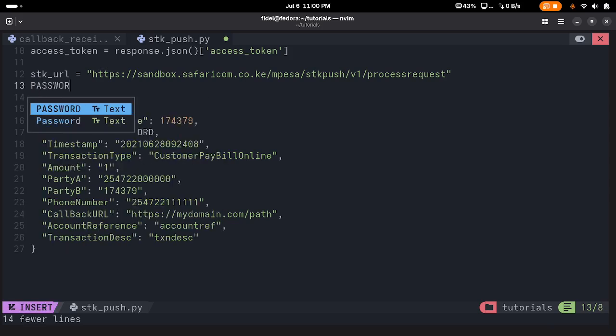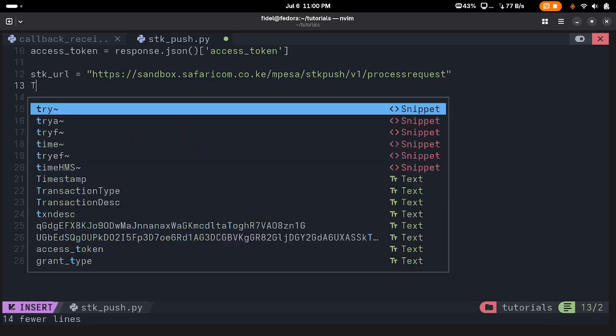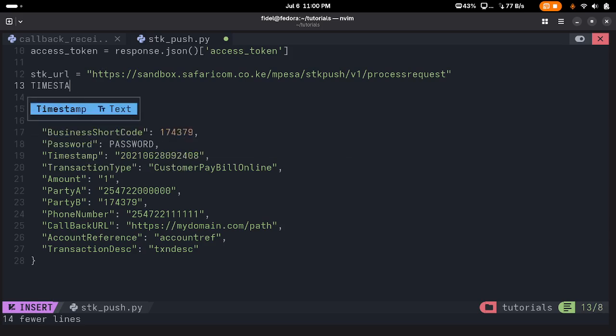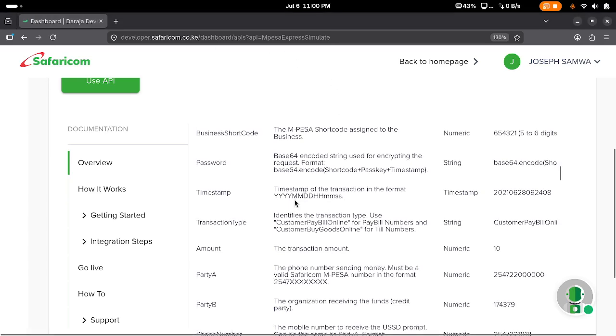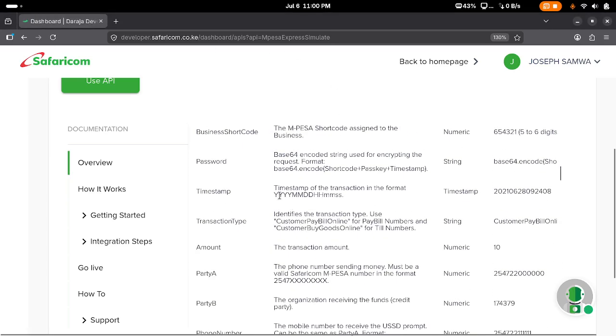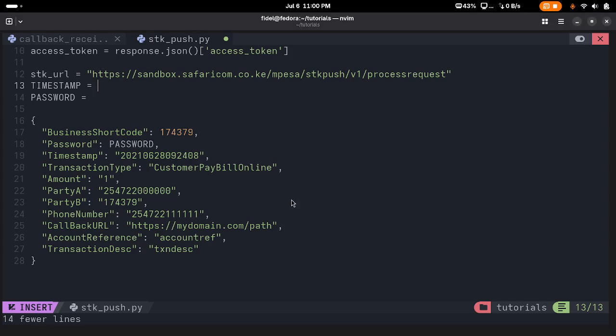So create the password variable, but before the password variable, you have to create a timestamp like that. If you have them in caps, then they are constants, they're not variables anymore. So going back to timestamp, this is how we have to format it. So timestamp, this one is just going to be datetime.now,